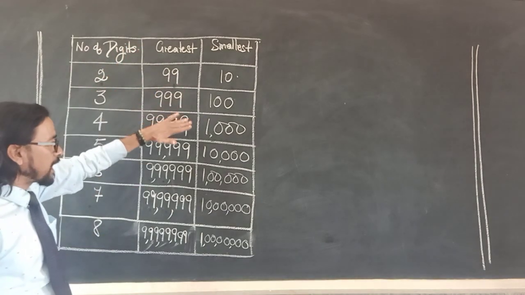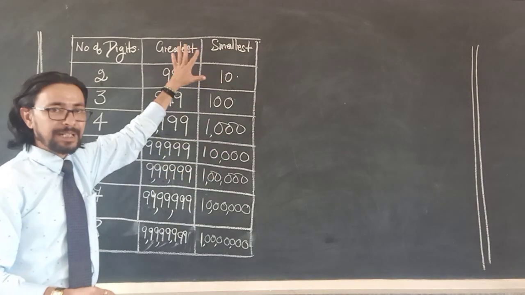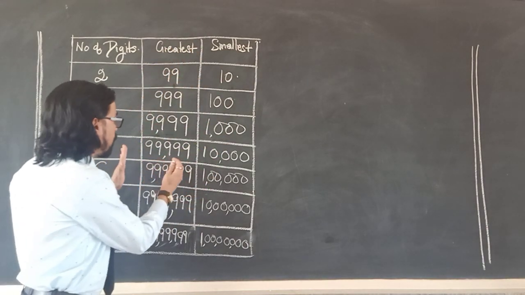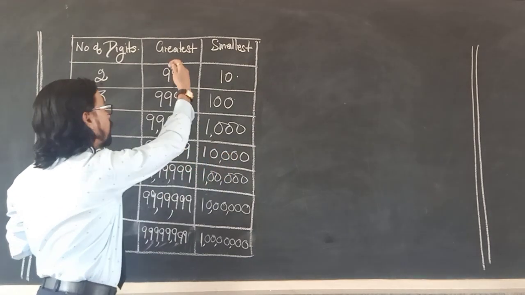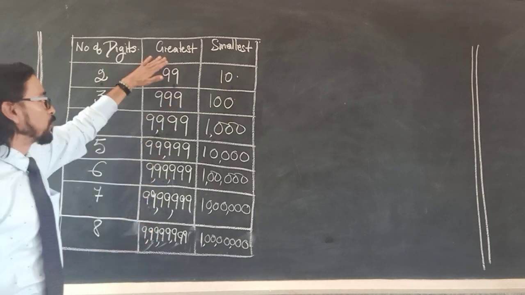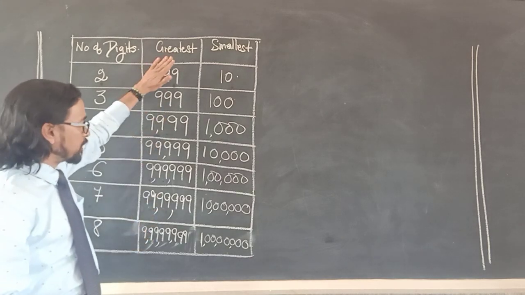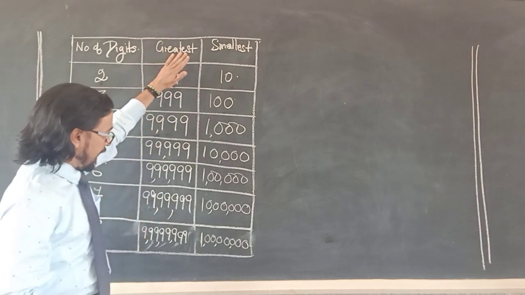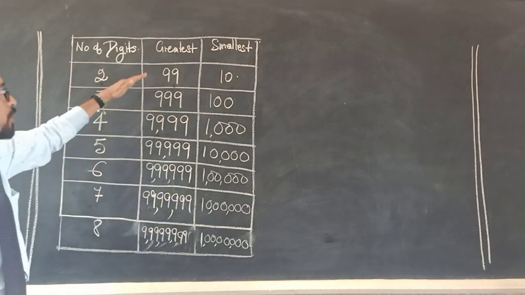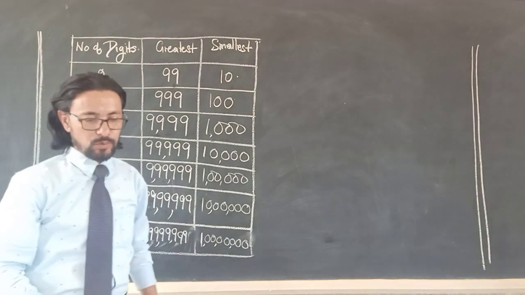Now, this entire table has to be built and made by you. Try to make it only on one page so that it is neat. Keep your columns a little big so that all your numbers fit neatly. I am getting you to do this because a lot of sums are going to be related to these numbers and you need to know them. So it's better you have an exercise, or you can say a practice, as to how you write your greatest and smallest digits.